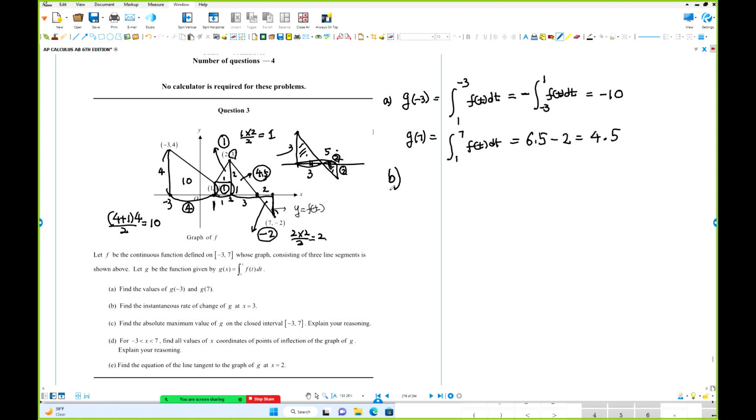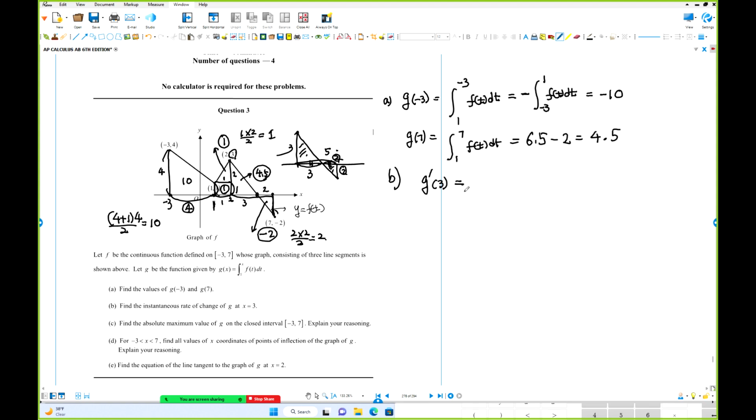Try number B. Find the instantaneous rate of change of g at x equals 3. What does that mean? Instantaneous rate of change is g prime at x equals 3, right? We're going to find the derivative at x equals 3. Is it okay? Yes. So we need to find